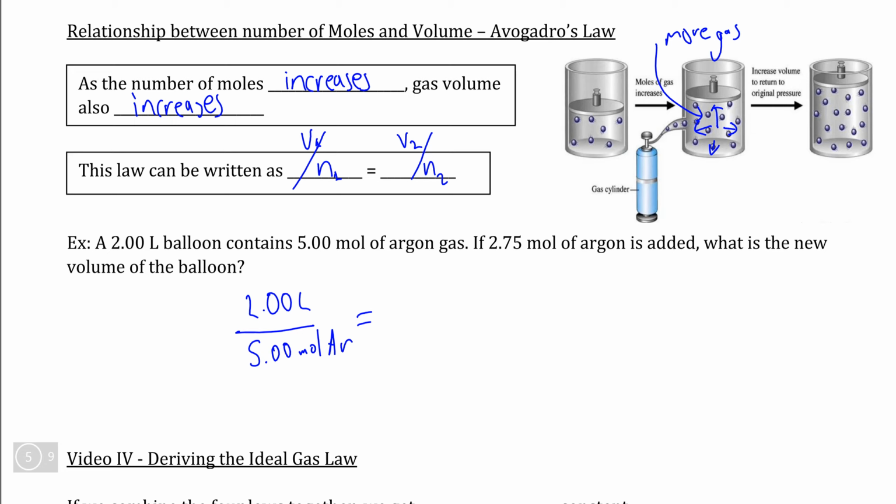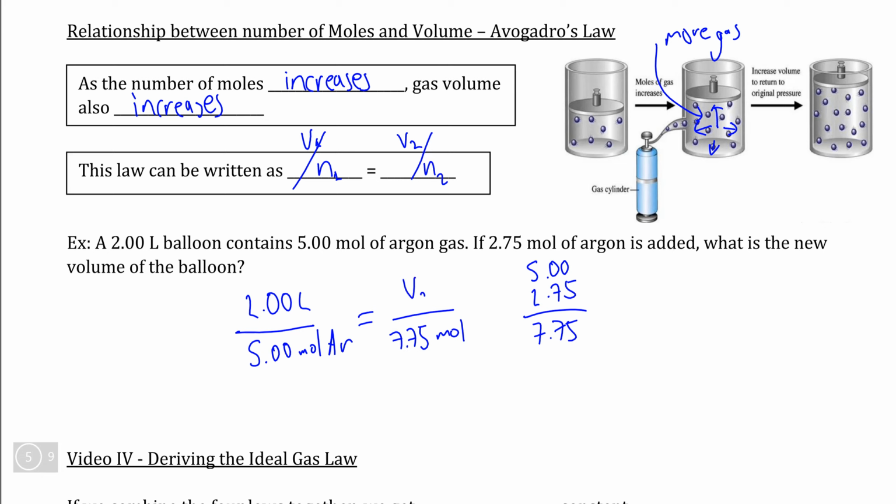Now, we know that we're going to add 2.75 moles of argon to our original sample, so if we want to find the total number of moles, 5 plus 2.75 is simply 7.75 moles,